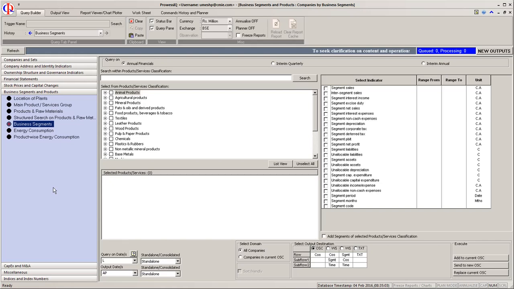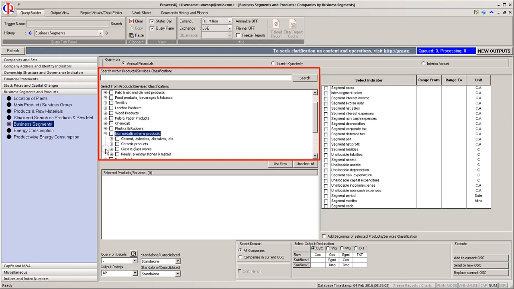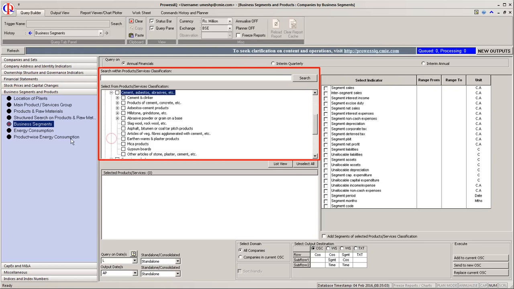The first step is to select appropriate radio buttons available from top of the user interface. The radio button Annual Financials is selected by default, and let us retain the default selection. The second step is to select the product from the Search within Product Services classification box. Let us control-click on the checkbox of the product cement available under Cement and Clinker, under Cement, Asbestos, Abrasives, etc.,